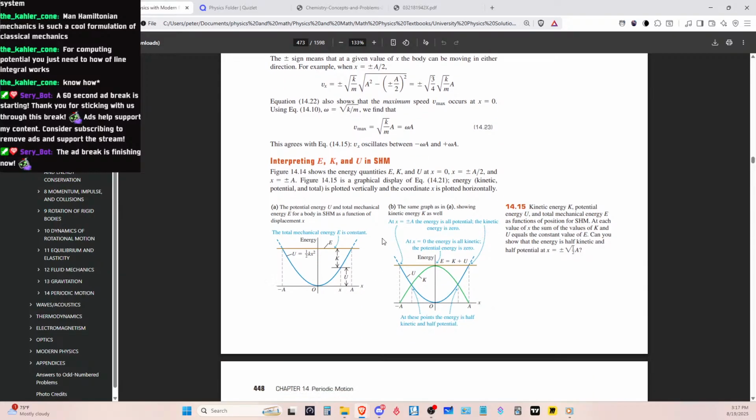The graph will show us. Let's see. The same graph shows the kinetic energy as well. So this is kinetic and this is potential. So the energy is E plus